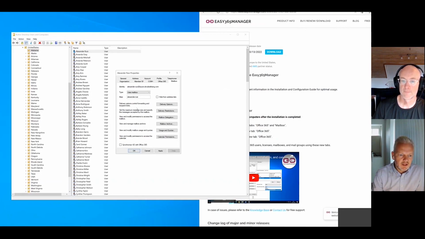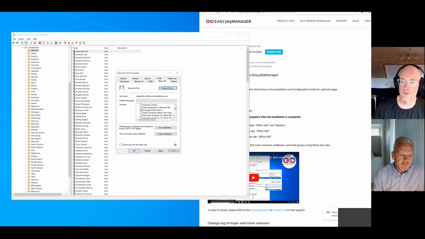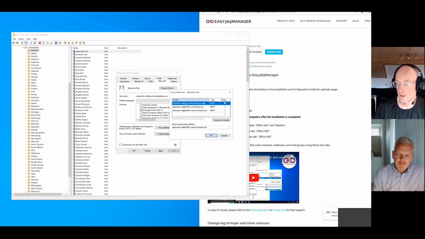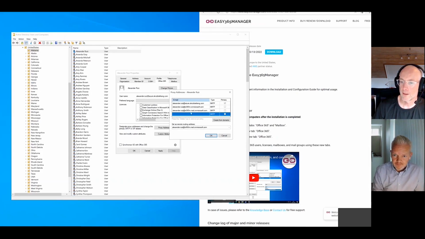Okay, great. And let's say I want to add another email alias for this user. Can I also do that from this tool? Yeah, from the Office 365 tab, we have proxy addresses available, and here you can see the current email aliases. You can see which one is the primary, and you can easily delete existing ones, or you can add new ones. So that's super easy. You can also see the remote routing address or the target address if you want. So everything can be configured here, and it's like you know it from your on-premise Exchange server that the values that you enter here are checked for correct syntax and they are checked for uniqueness